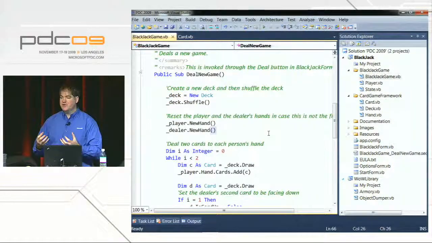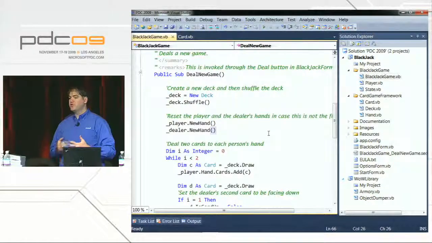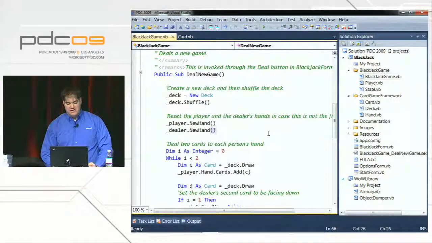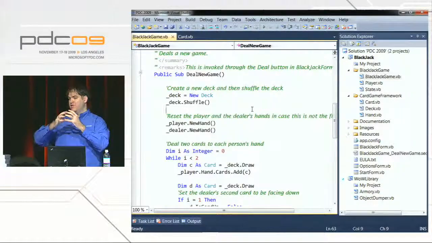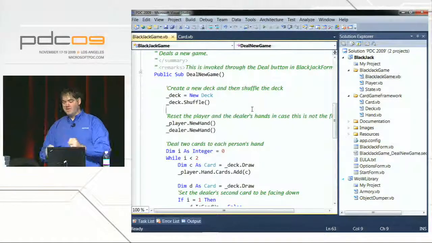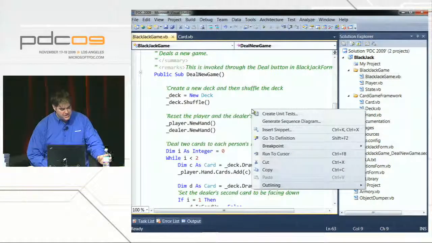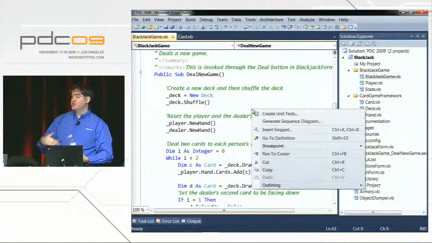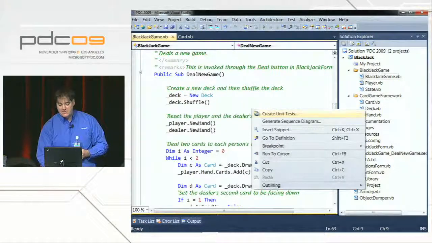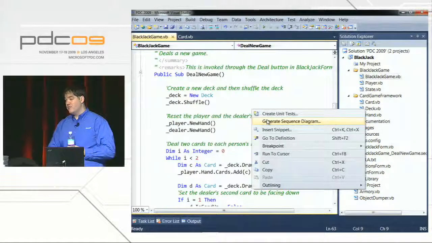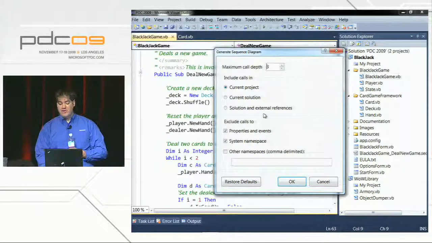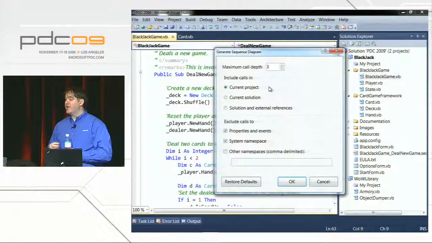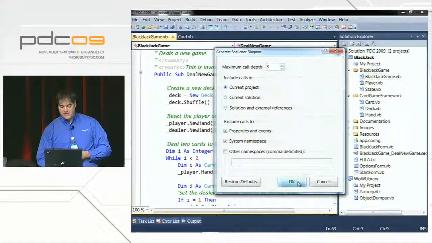This is good for visualizing code. When I have my code on screen and I want to make sense of it, this all is very helpful. But what if I want to see more of a higher level view of this code and more of how the code interacts with other pieces of code? In Visual Studio 2010 Ultimate, there is the ability to generate sequence diagrams. I can right-click on a function or a sub, and I just say generate sequence diagram. It gives me several options. I've got a lot of knobs I can turn with this. I'm just going to keep the defaults,